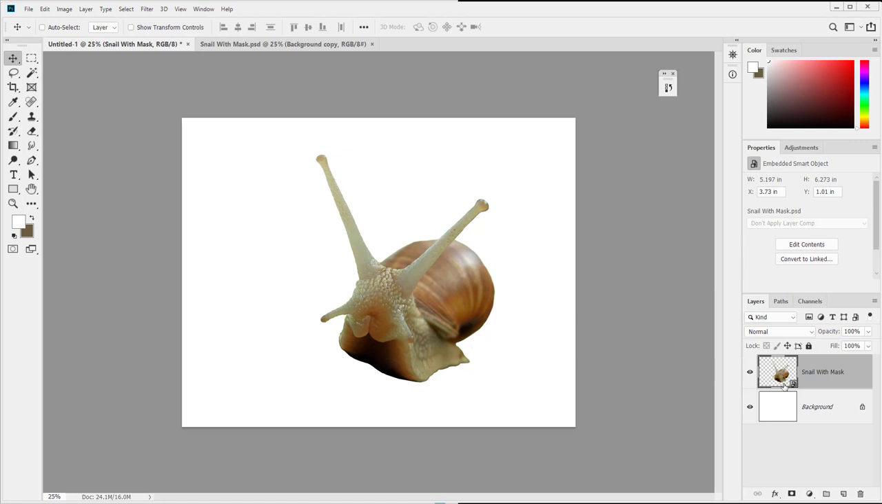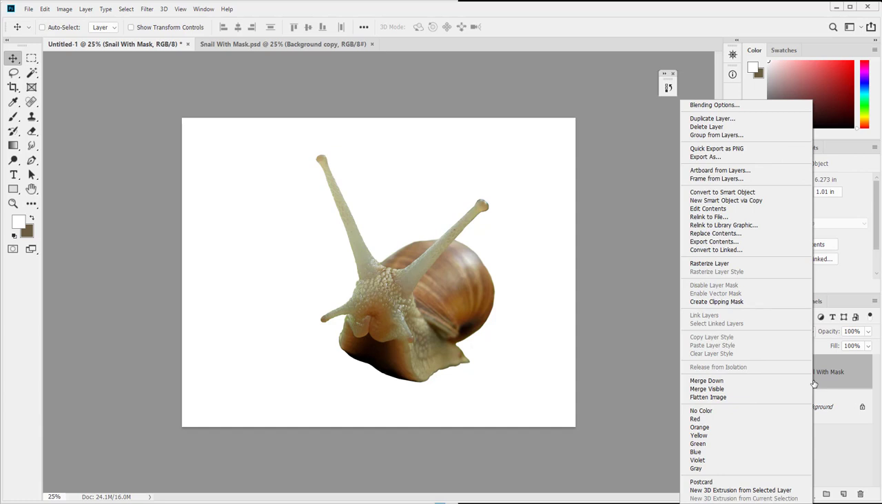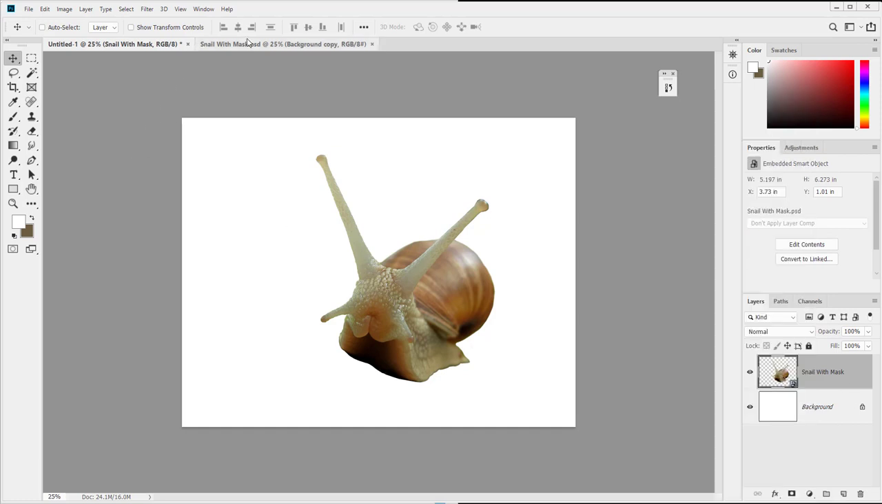Notice that this layer has a small icon in the bottom right corner. This tiny little icon indicates that this is a smart object. And in fact, if we were to right click on it, we have some options in here that can allow us to edit it. Edit contents, which is interesting because if you were to have a normal object in here, or a normal layer,